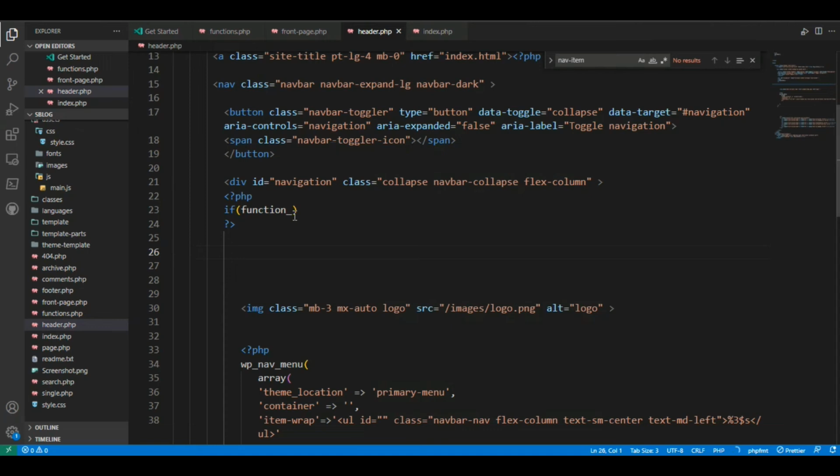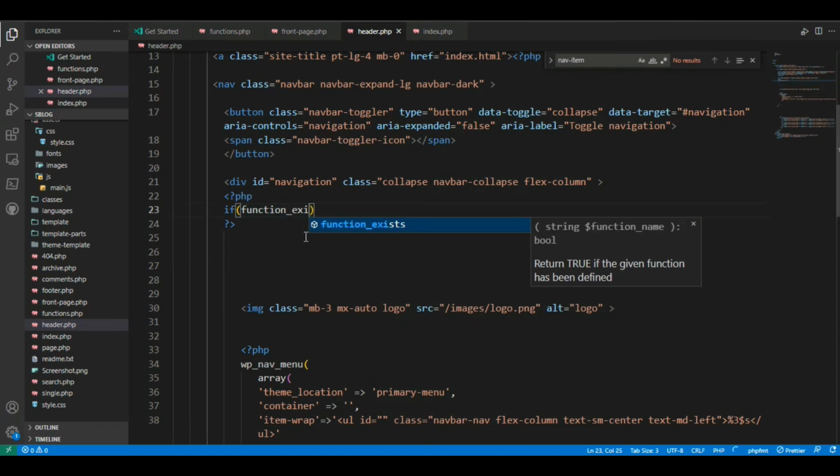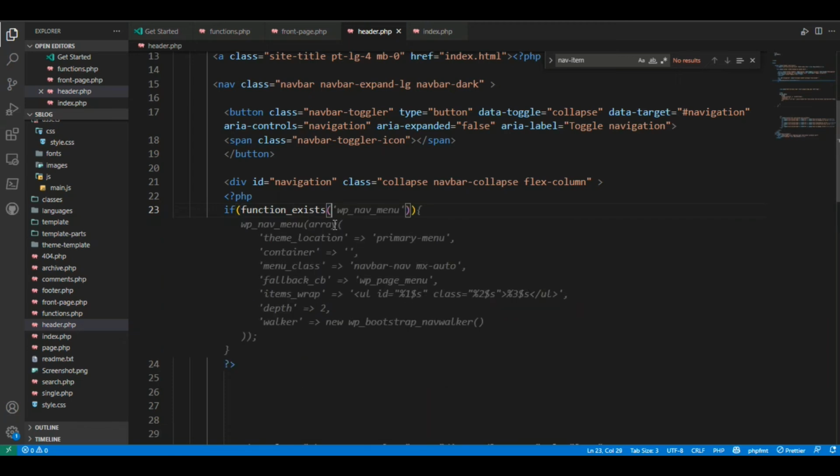You'll just check whether this image function exists, so function exists, using this function exists, and after that you just use this